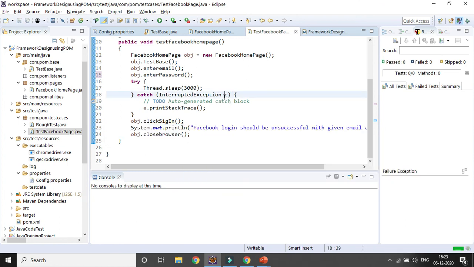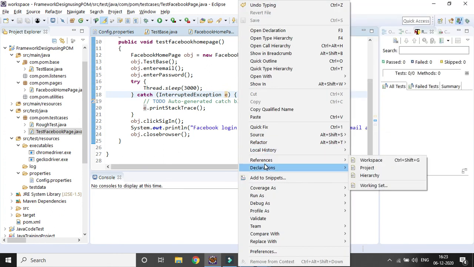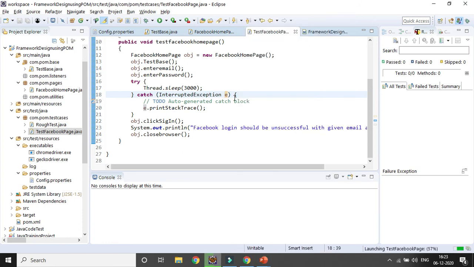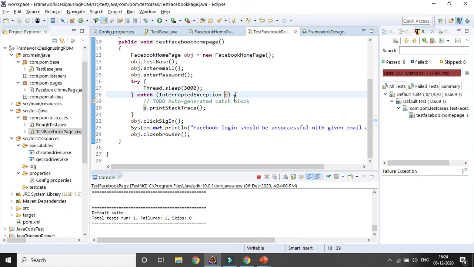So now let's save everything, and let's run the test case from the TestFacebookPage.java class. You can see here it is running from the test case class level, so TestNG test is coming, but I can also run it from the TestNG XML file. I can create a TestNG XML file by converting the Java project to TestNG, and also I can run it from the pom.xml file after adding the different dependencies or profiles. Okay, so now let's run at that TestNG test level. At a later point of time I will develop the framework one by one, so you can get all the details here.